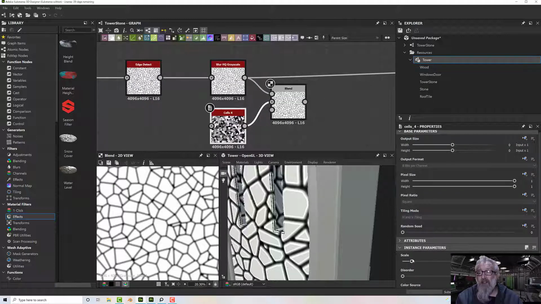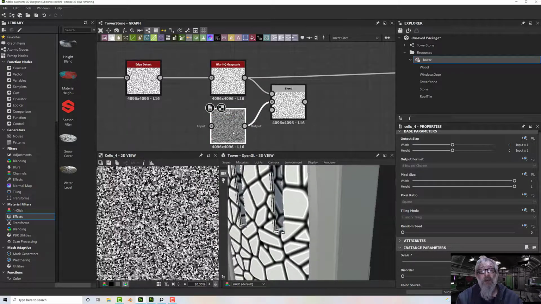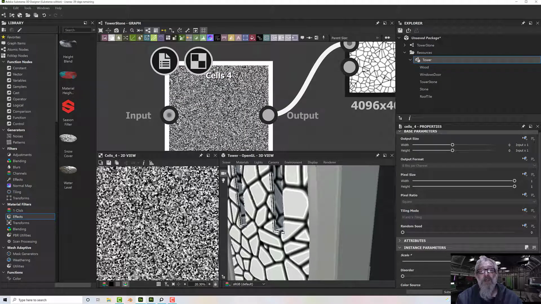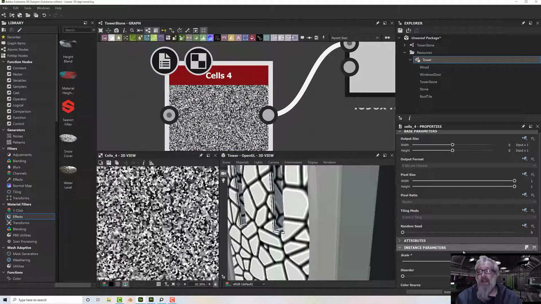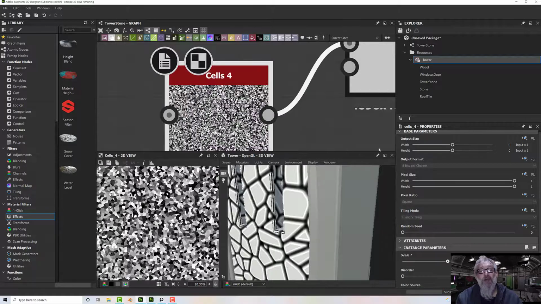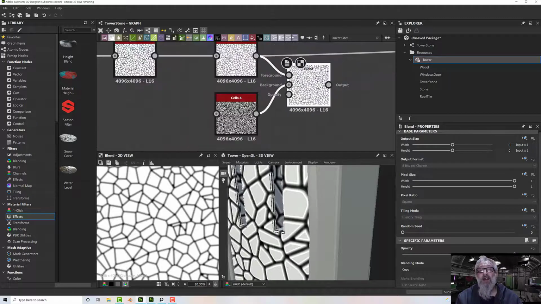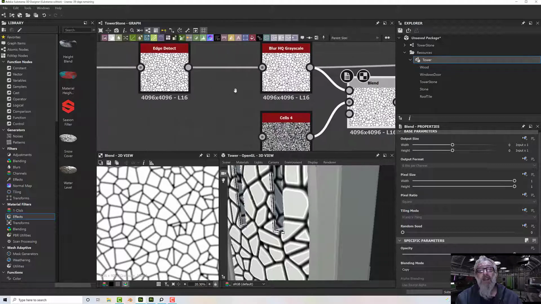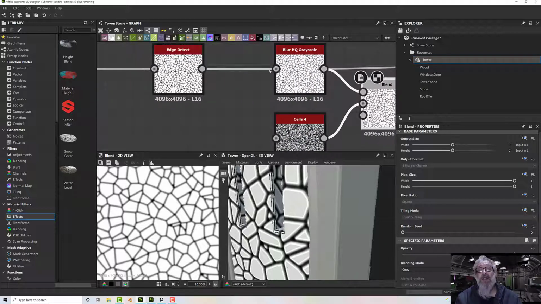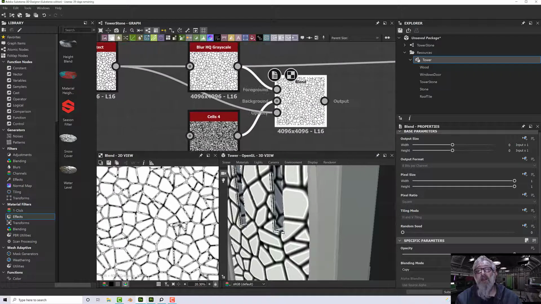So my scale needs to be far higher because I want it to be very small amounts of noise, perhaps not that high. We'll perhaps take it down even more. There we go. And now I need to control my blend, and I can do that by either using this original edge detect or this blur as a mask. So let's use the blur as a mask,